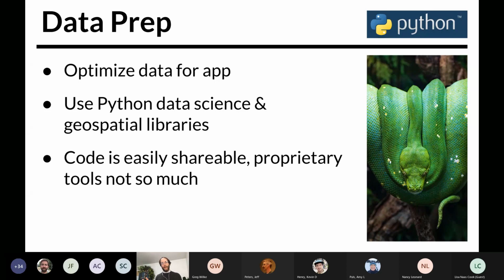On the data prep side, I use Python to build data pipelines that transform the raw data into optimized data structures that can be used in these applications. It has a rich and growing data science and geospatial ecosystem, and it's been growing in some very exciting ways in just the last few years that I'll be talking about more in a little bit. One of the nice things about Python is that you can directly share the code for your processing steps for reproducibility. Compare that with data pipelines that you assemble using proprietary tools in a closed ecosystem that you can't even view or share outside of that ecosystem.